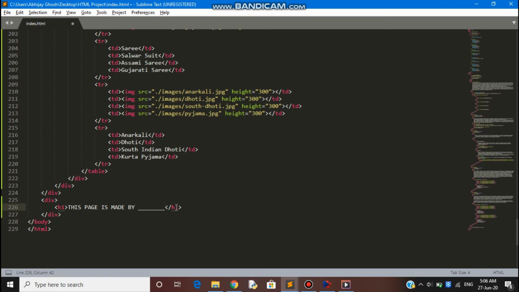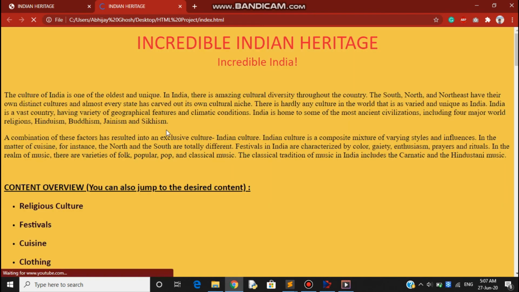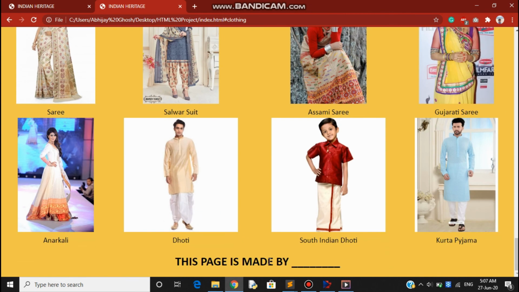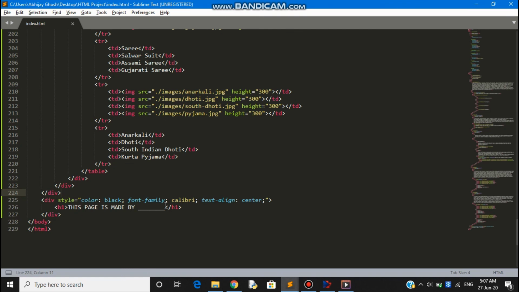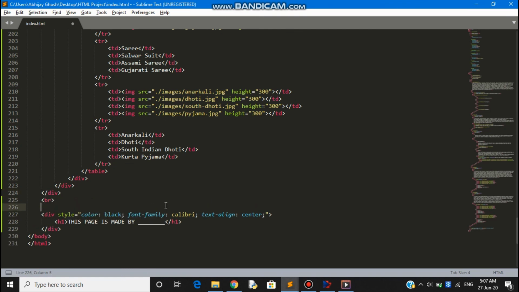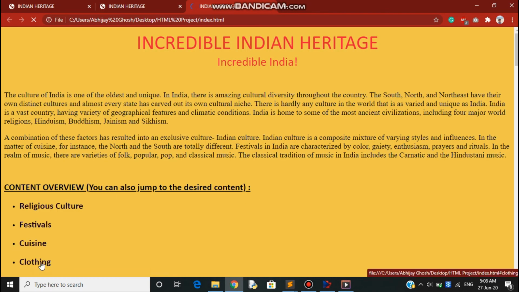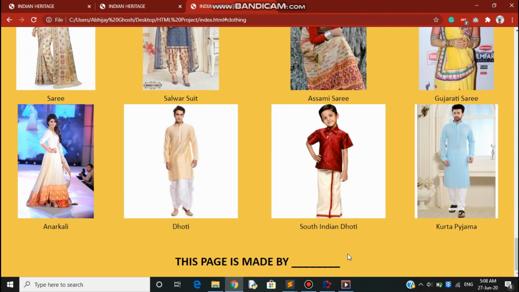Now finally we have to mention who has prepared the page. So in the end we write the page creator. This page has been created by, give suitable styles as per your expectations. You are well aware now of inline CSS and internal CSS. I have given the following attributes using inline CSS.